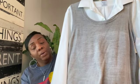I think I'm going to style this with a pair of faux leather shorts, or perhaps a pair of jeans and a pair of thigh-high boots. I'm not really sure yet. I can actually dress this down with a pair of sneakers if I just want to be super casual with it. But I can't remember how much I paid for this, but I promise you it wasn't more than a